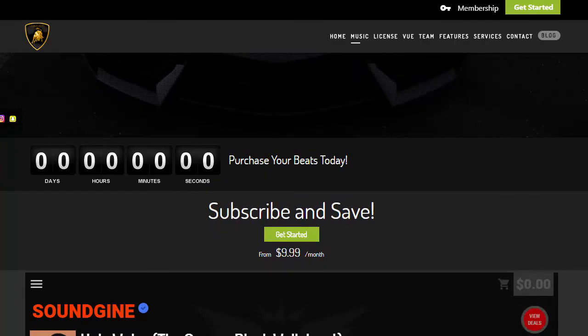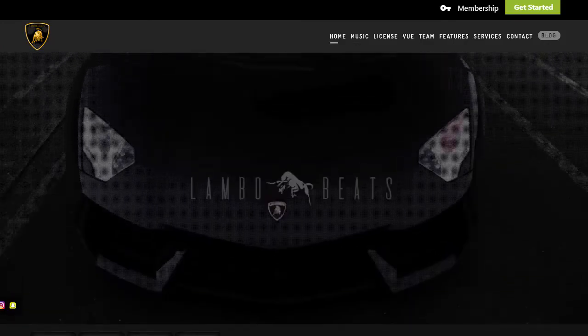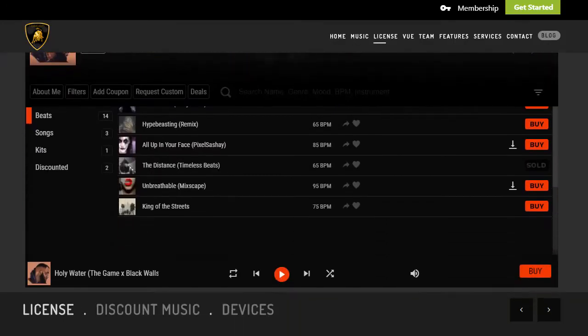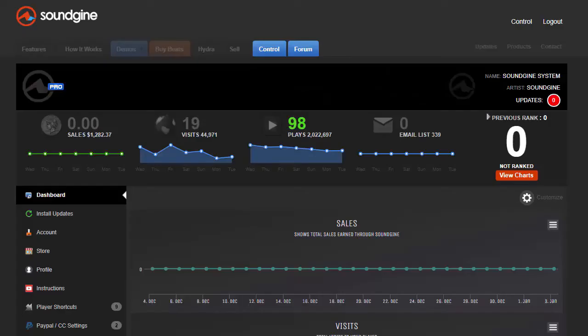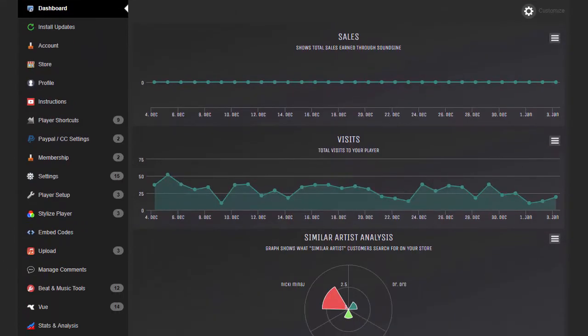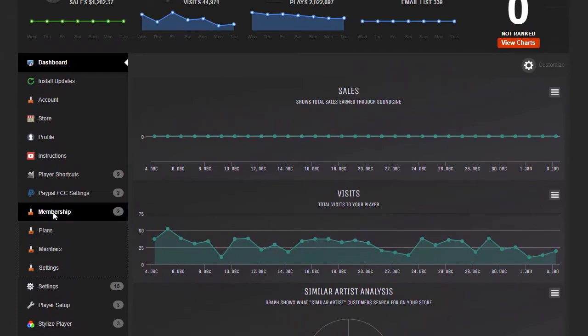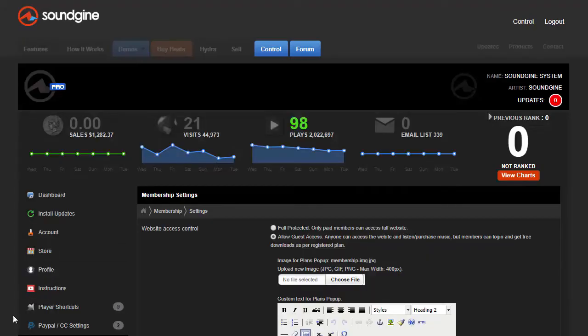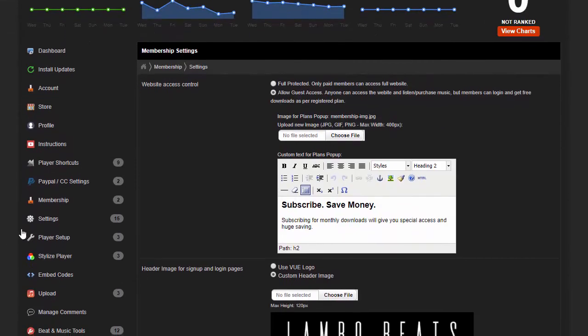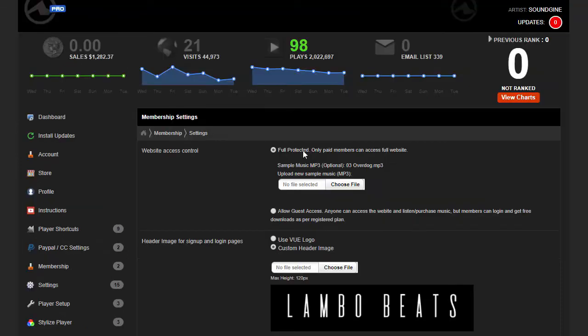Now I'm going to show you the locked version, the way the producer originally had it, the guy that we did the code for. If you go to your control panel, go to membership and click on settings. I don't think you have this yet, but when you do, this is how you do it. Go to website access control. Right now we're in guest, allow guest access. But if you switch to fully protected,